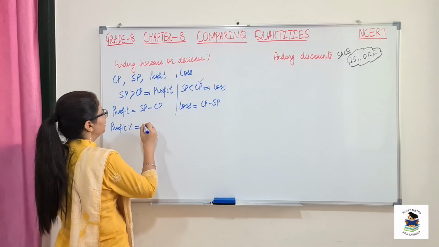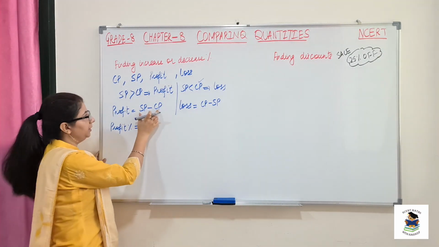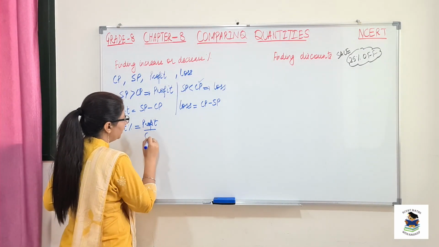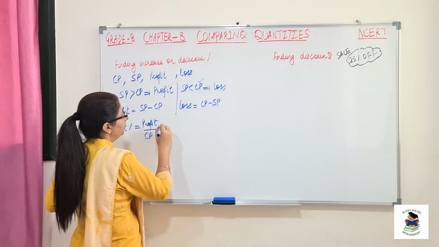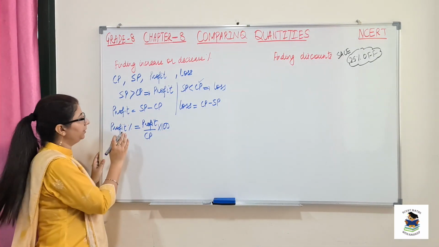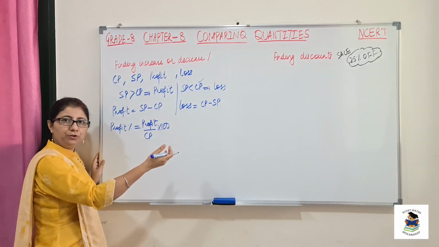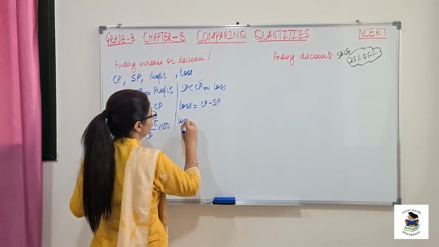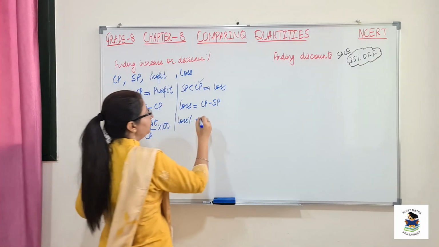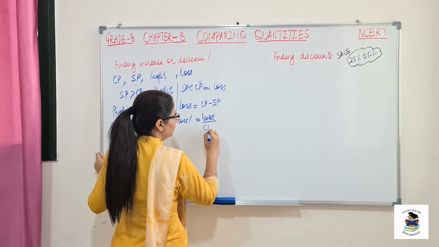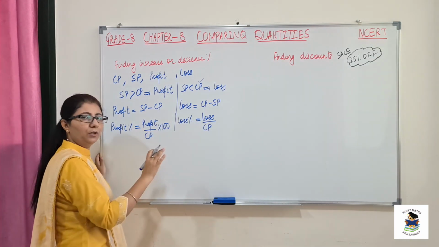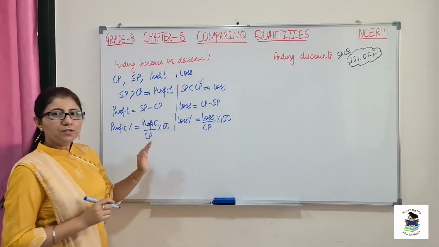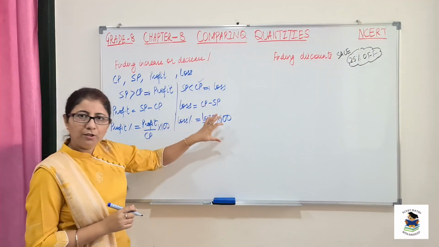So we will write it here. This is profit that we calculated from here, that is selling price minus cost price. So profit divided by cost price, and multiply this by 100. Do you remember I told you whenever you are converting a fraction into percentage, we multiply it by 100. So if this is loss, that is loss percentage, it again means loss amount over cost price. Whether it is loss or profit, it will be with respect to cost price. So multiply by 100. This is how we calculate profit percentage or loss percentage.